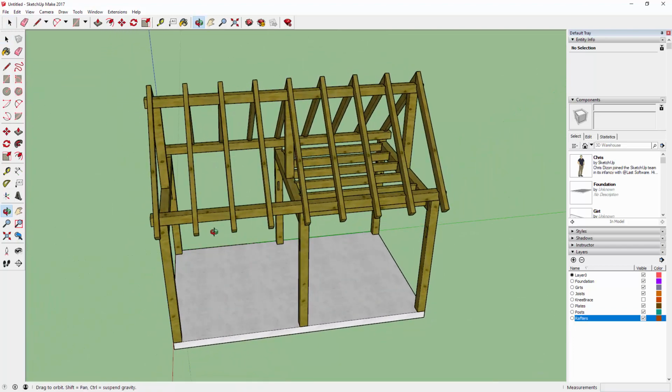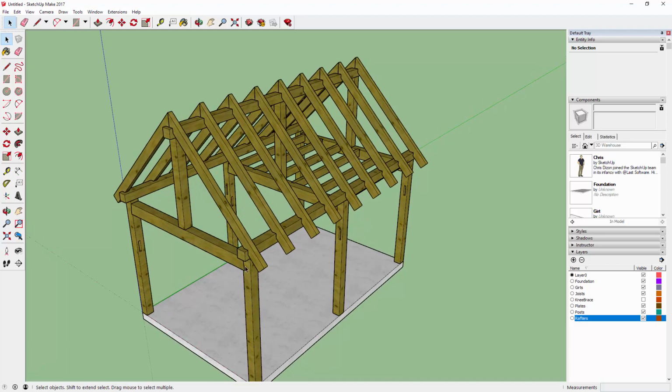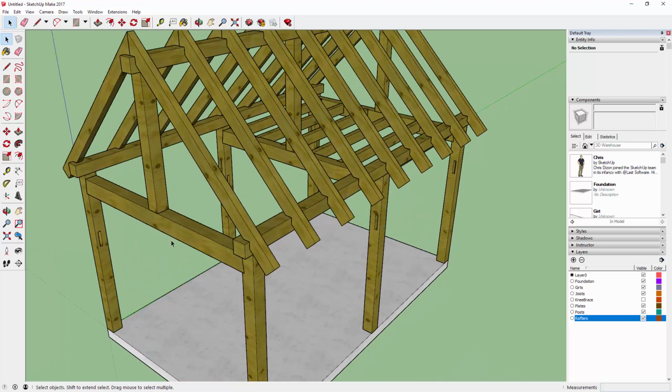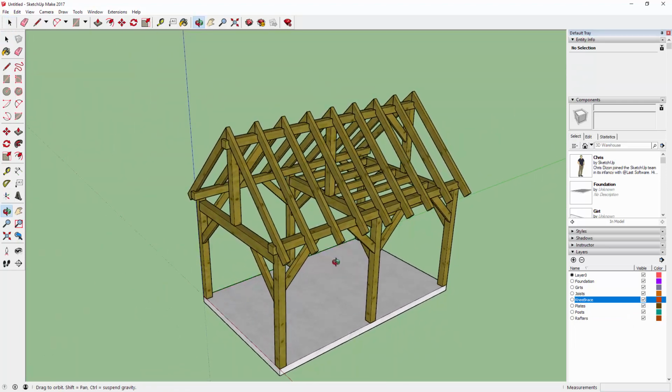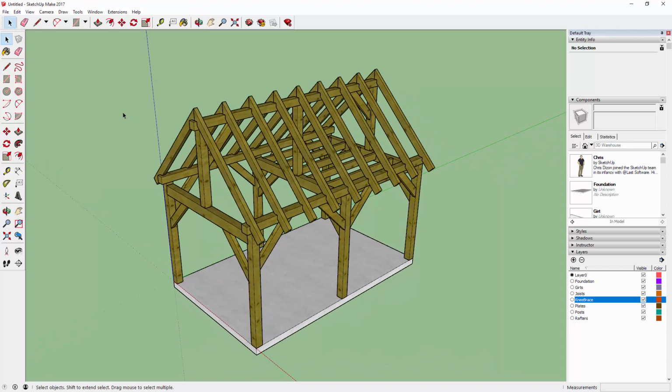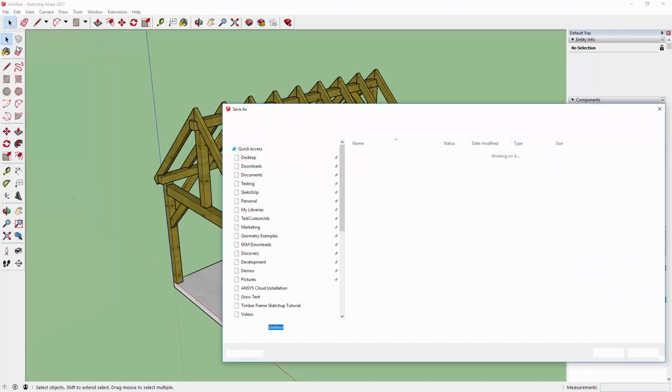That completes the full design of our timber frame. Now obviously I haven't included the details yet of all of the holes drilled and the pegs. Turn our knee braces on so we can really see the full effect. There's our final timber frame. Final piece is of course to save our work. File, save as,